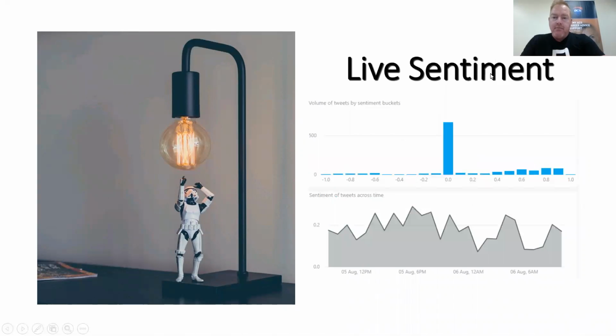And the other thing we're trying to achieve is live sentiment. You see the keyword there, live, in that during an event, we might want to monitor the sentiment so that we can see very quickly within, say, the hour, whether our sentiment starts to take a dive. So they're two examples of what we might be trying to achieve. And it's really important that we focus on that rather than the technology.